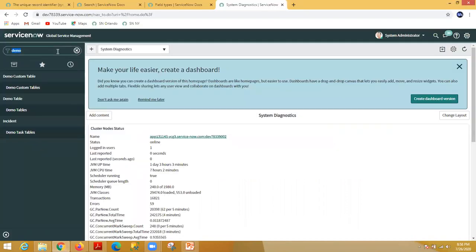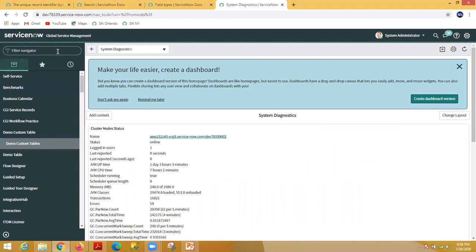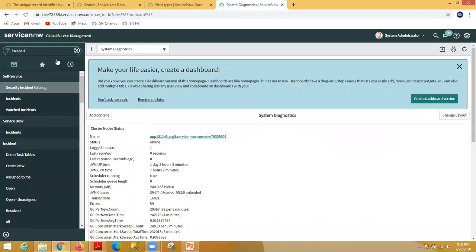So first we will cover the choice field. Okay. So just to explain what the choice field is, it is nothing but a kind of drop down list. So if you want to create a drop down list inside ServiceNow, then you have to use the choice data type. Okay. So just to explain, I'm opening the incident table.